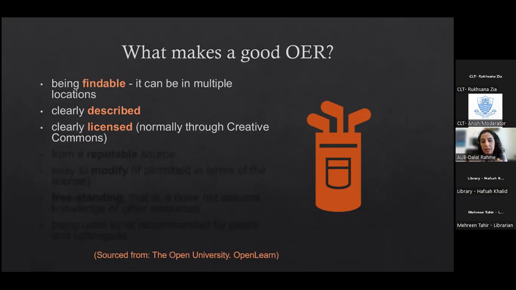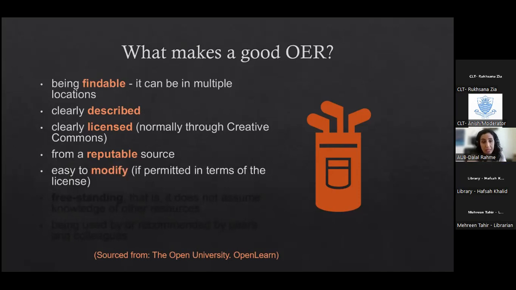So if you have a clear license on whatever you're using, then it's a good open educational resource. Because sometimes we find resources online, but we cannot find the license appended to those resources, so we don't really know how we can use them. If it is from a reputable source, and we're going to see in the next slide some of the reputable platforms offering open educational resources. If it's easy to modify, like for example, sometimes